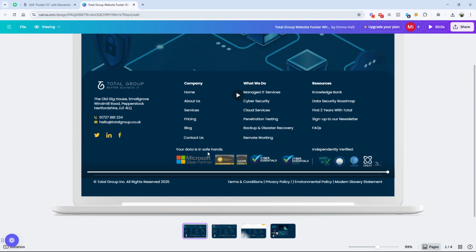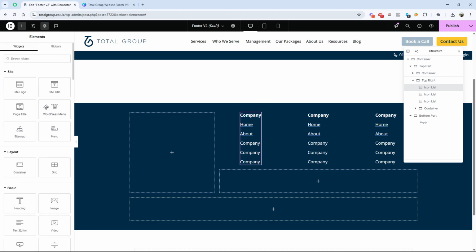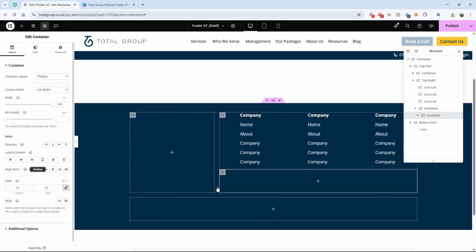So for two columns I need two containers, to separate these two columns. To do this, what do we need? We need a container. So let's go to container again. So in this container,